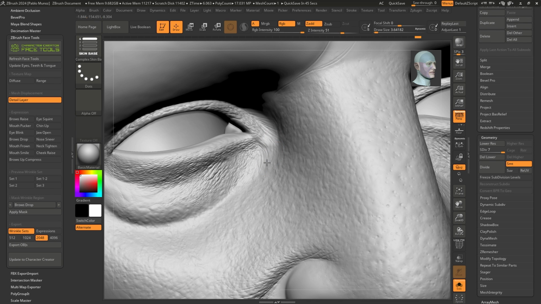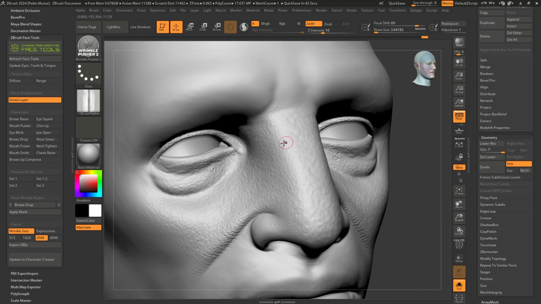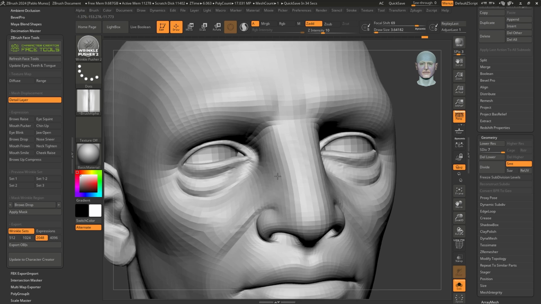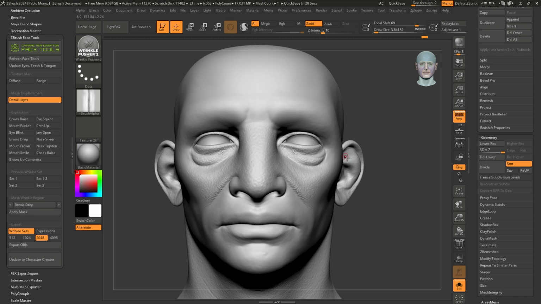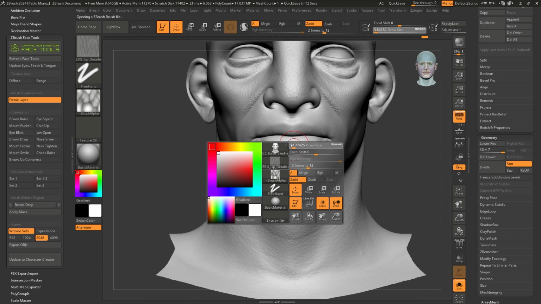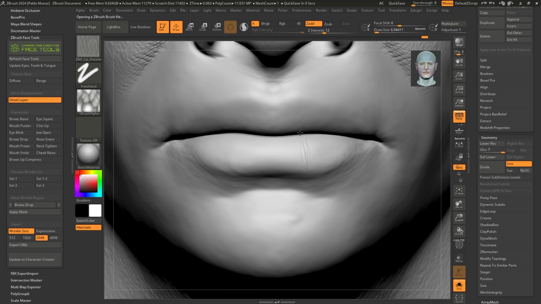But again, this is something that I really enjoy. It's a process that I like. But if you don't want to, you don't have to. You can use what comes with CC4. But anyway, I'm going to show you the final process in just a bit. I'm going to use another one for the lips just to show you something else. So we have this lip detailer, and this one is pretty cool as well. It just allows you to create these shapes around the lips very easily.